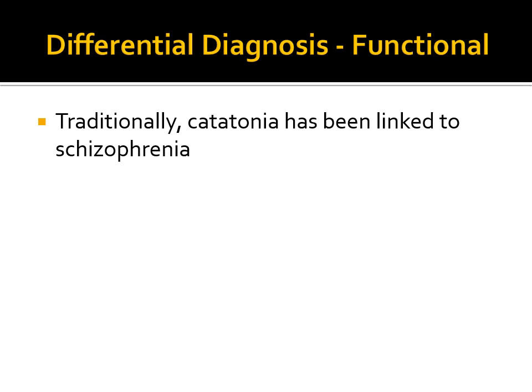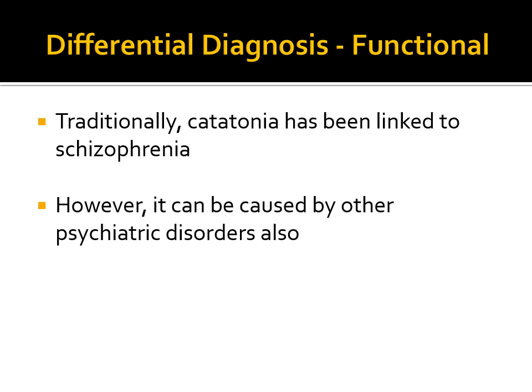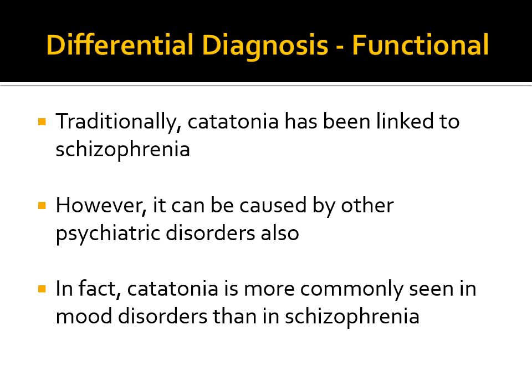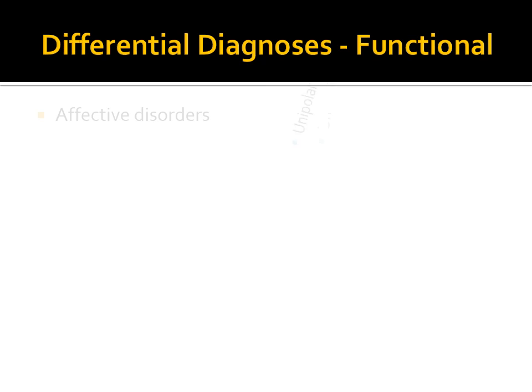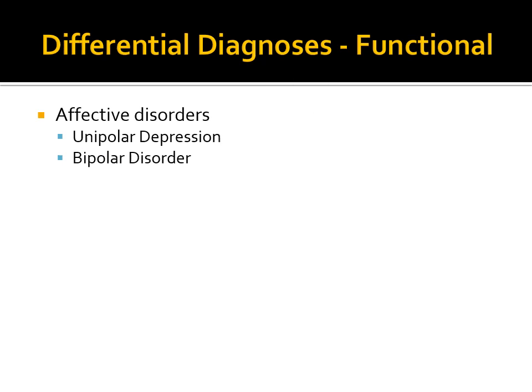Traditionally, catatonia has been linked to schizophrenia. However, it can be caused by other psychiatric disorders also. In fact, catatonia is more commonly seen in mood disorders than in schizophrenia. And by mood disorders, we refer to depression and mania. So, functional catatonia can be caused by affective or mood disorders such as bipolar disorder and unipolar depression,